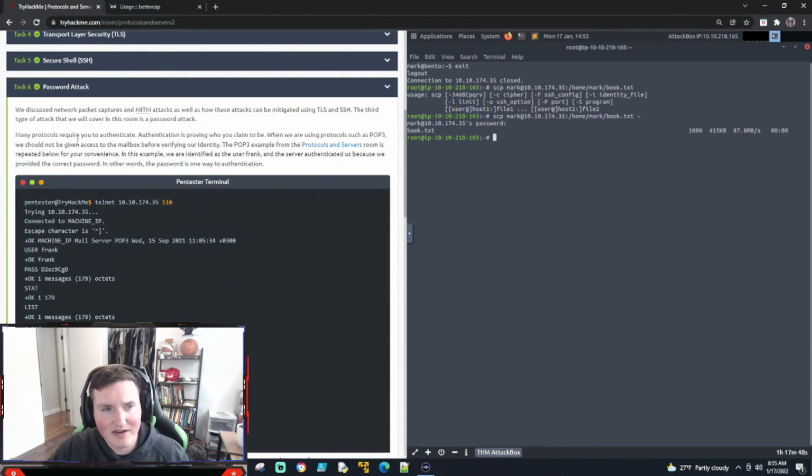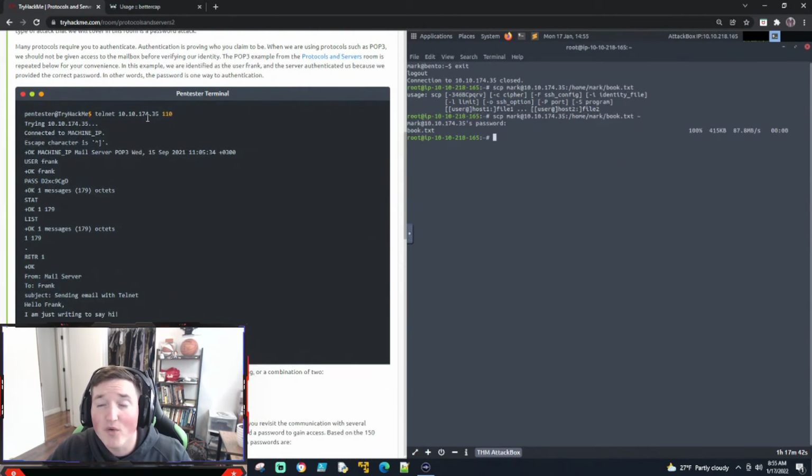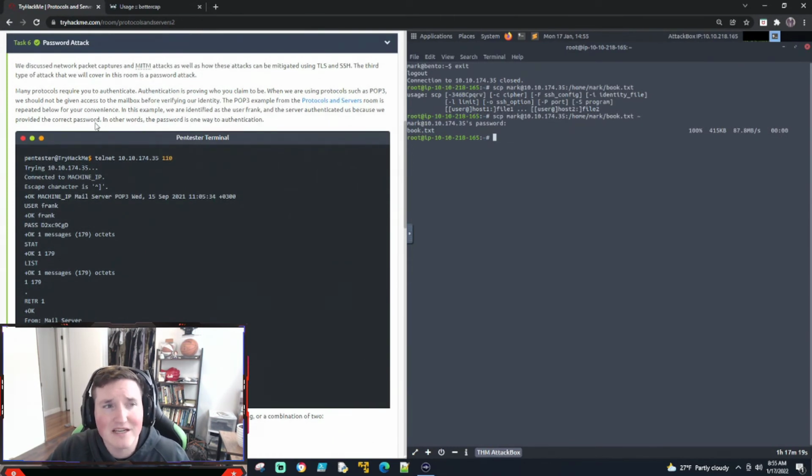Password attacks, on the other hand, are totally different from the man-in-the-middle attacks, but they're very well known. This is what a lot of people think is happening when they get hacked all the time. They always think, oh, well, someone got my password. Might not be true, so keep that in mind, but this is what you're going to see a lot of. If you work as an analyst or in a SOC or something like that, you're going to see a lot of spray attacks happen. Meaning you're going to see people spraying passwords at your users, trying to guess their password. That's what this is, okay?